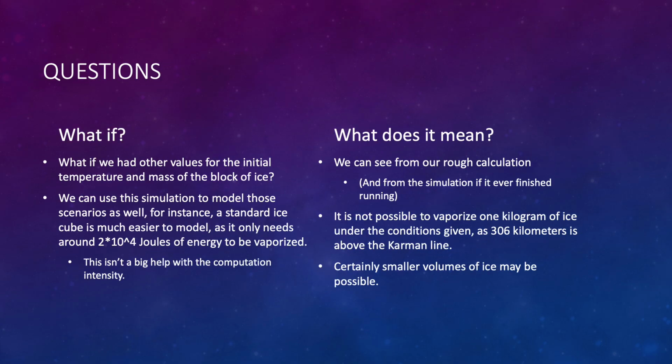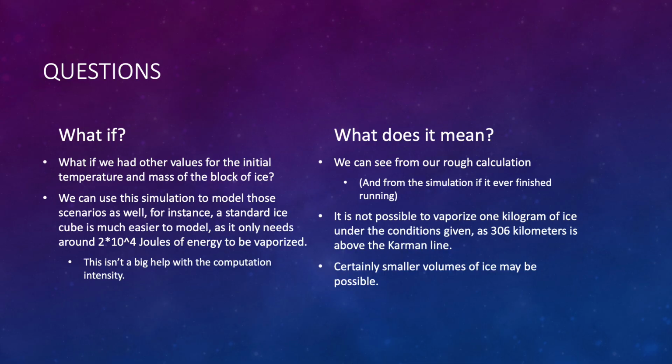So some what ifs. What if we had other values for initial temperature and mass and all sorts of other stuff? We can use this simulation to model those as well if it was powerful enough. For instance, we can see that a standard ice cube, the kind that comes out of your fridge, is a lot easier to model because it only needs 2 times 10 to the 4 joules of energy. And that's not a big help here because that's still totally unfeasible to model with GlowScript, but we can still analyze qualitatively what this kind of means. So from our rough calculation,